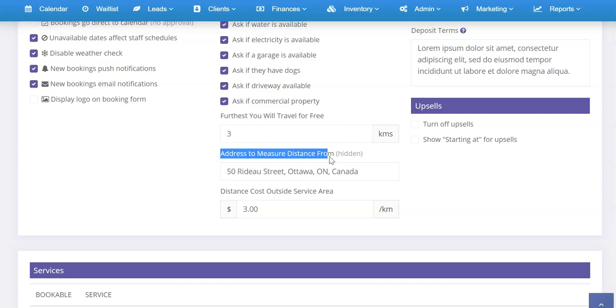So, address to measure distance from. So this is where you would put in your address. That's your home base starting point. This is hidden as specified here. The customer does not see this address, okay? So put in that address because it needs a point of reference. And what's going to happen is this is going to be converted to latitude, longitude, okay? And then that will then calculate the distance between your customer's address and your address, and it'll prompt them with